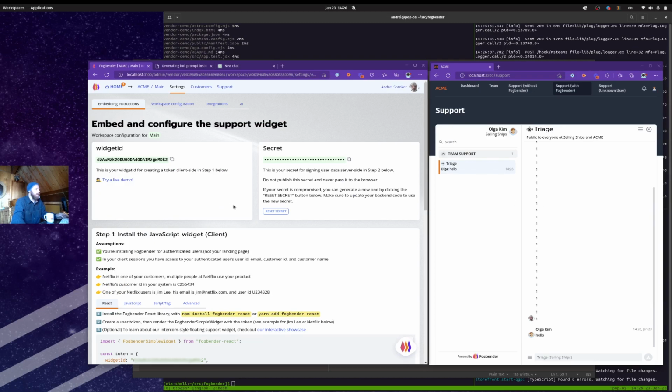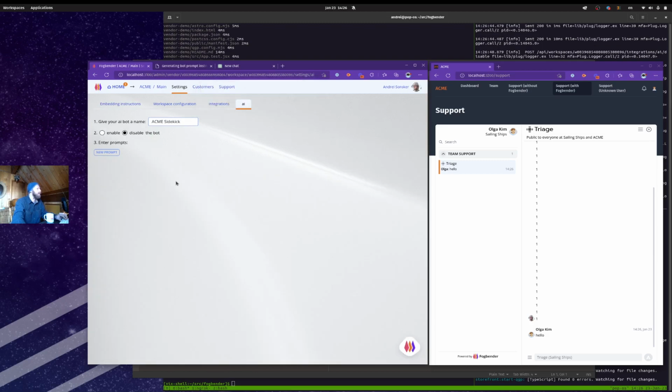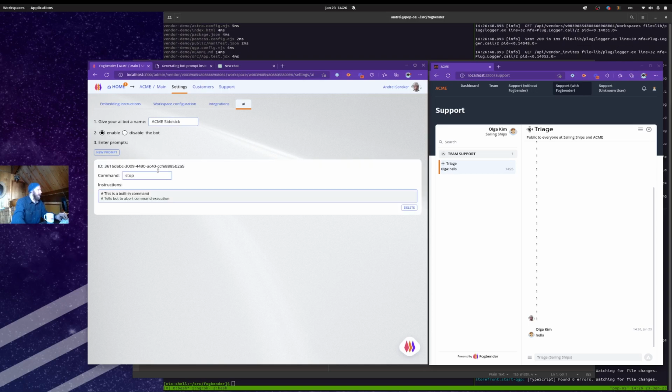All right, so the next thing we're going to do is head to AI under settings, AI bot. I'm going to just disable this bot here. Okay, so we're going to start from the beginning. We're going to enable the bot and give it a name called Acme Sidekick. It immediately creates a command called stop. It's built in, and you can use that to stop whatever the bot is doing. And then next, we're going to